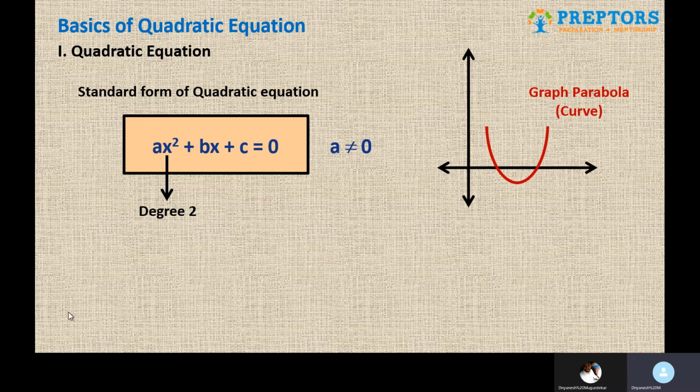Obviously, there can be other parabolas as well, which is inverted U. And the inverted U graph comes whenever the value of a is negative. Remember all these things. These are technical things, but very, very important. You get a normal U-shaped parabola when a is positive, the coefficient of x square. And you get an inverted parabola when you have the value of a as negative, the coefficient of x square.